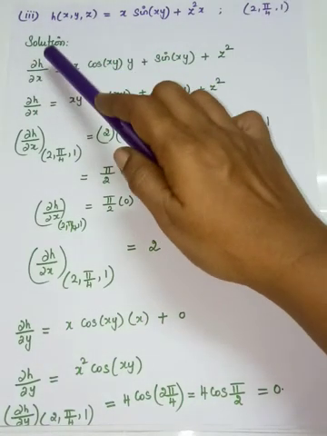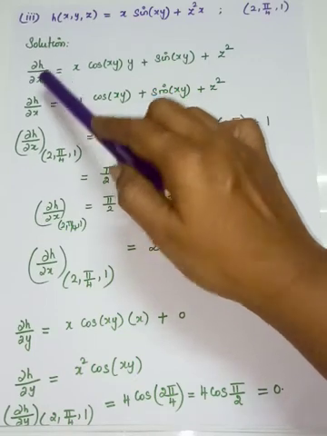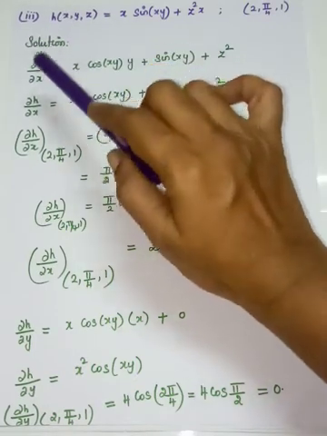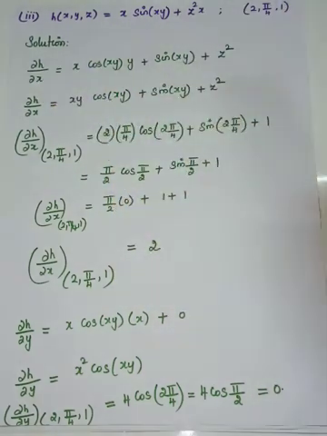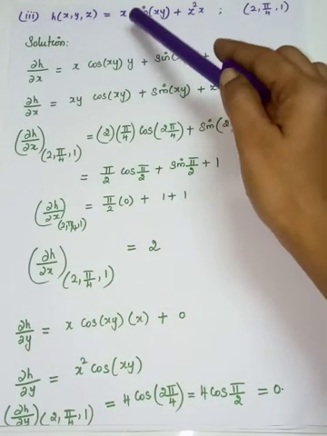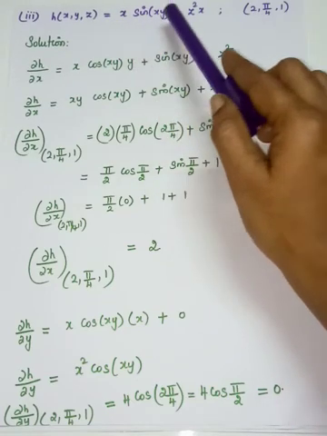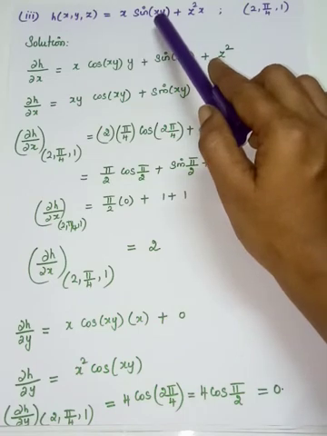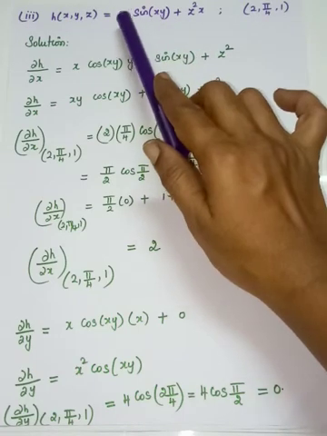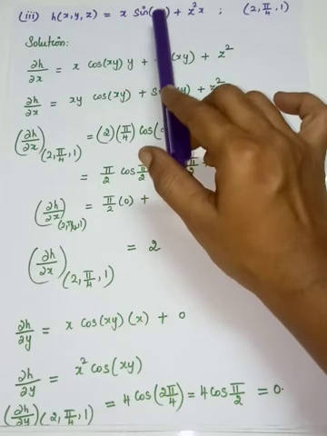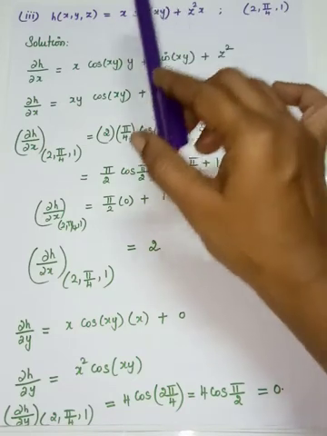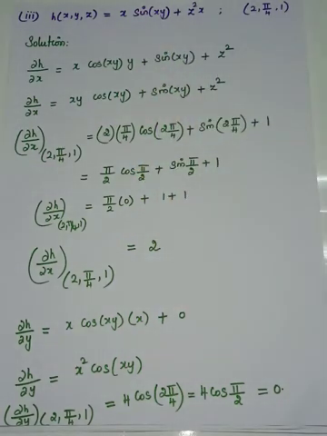Okay, first we'll go for ∂h/∂x. What does it mean? You are going to differentiate h partially with respect to x. Here 3 variables are involved. So x alone is a variable now, y and z are constant. Okay, look at the first term. Here in the front you are having x, and inside the trigonometric function also you are having x. So it's an algebraic function and a trigonometric function, both in a product. So while you are differentiating, you have to use the product rule because both functions have x.